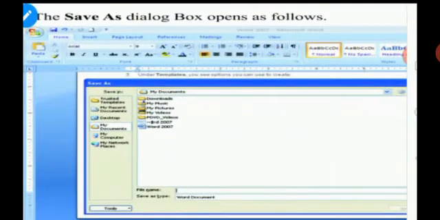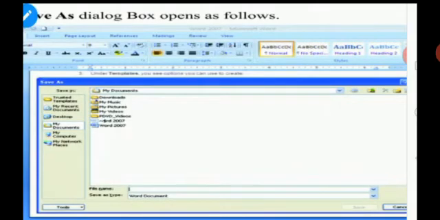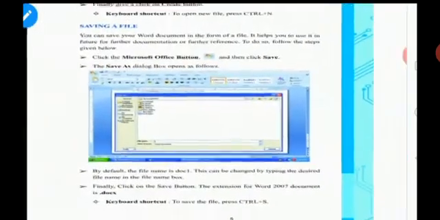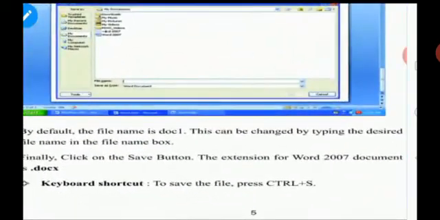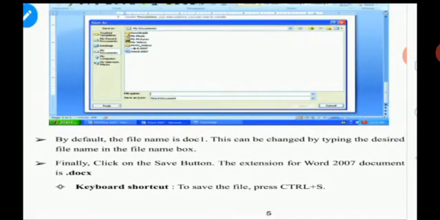Here you have to decide where your document should be kept. If you want it in any drive or in your documents, if you have any folder in your name, you can select it and you have to type your file name in this box. After typing that, you have to click OK. Then it will be saved for your future reference. Or else if you are not giving any name, by default the file will be named Document1, that is DOC1. This can be changed in the future also, no problem. But anyhow, before saving that, you have to give the name, and also you must know the extension of the Word file.